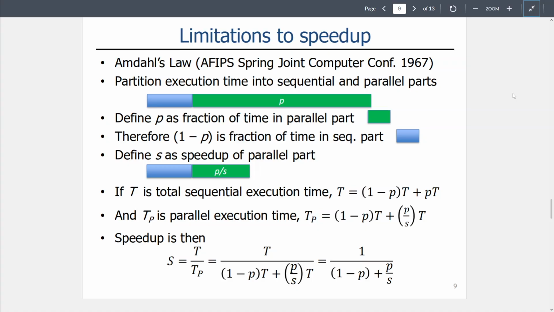We now just have this S factor, the speedup factor, on the parallel section of our execution time. And then we can reformulate our speedup as this equation over this equation. There's a bunch of algebra in here that simplifies out and leaves us with this equation: 1 over the sequential section plus the parallelized section. And the really interesting part is not the formula, not all of this algebra that we've done, but